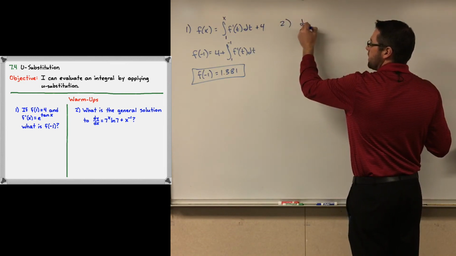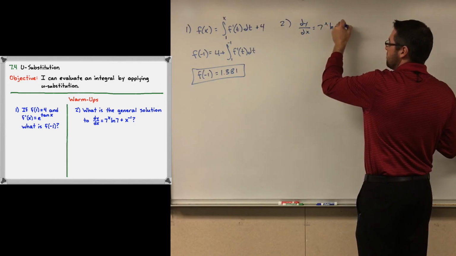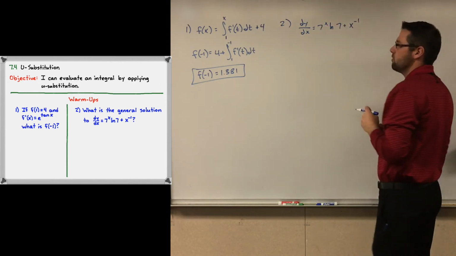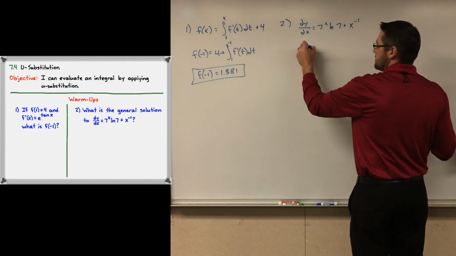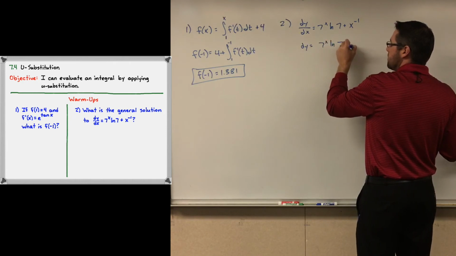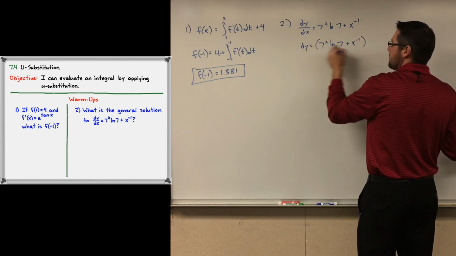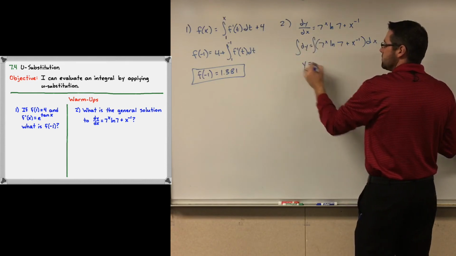Okay? Number 2, we're given what? dy dx, let me write it down. dy dx equals 7 to the x natural log of 7 plus x to the negative 1. What do I do first to solve this? Multiply by dx, okay, so you get dy equals 7 to the x natural log of 7 plus x to the negative 1 dx. Then we integrate, so we get y equals,